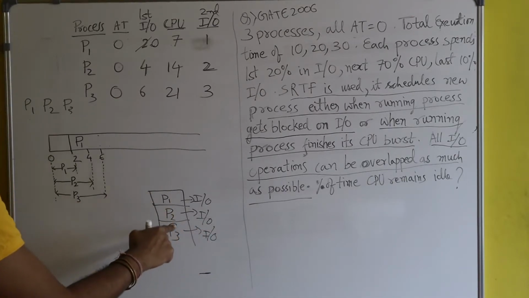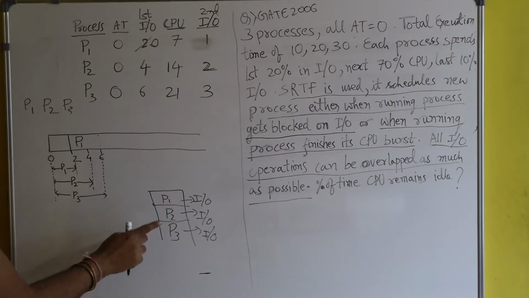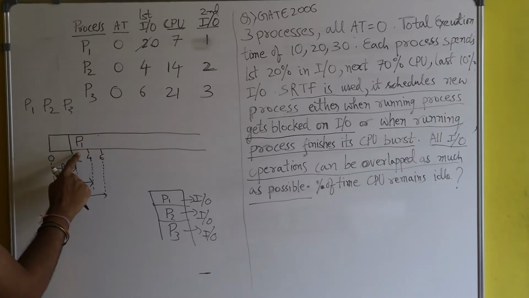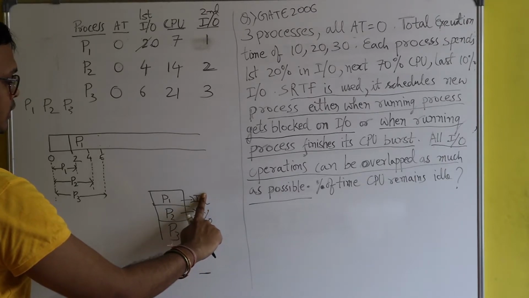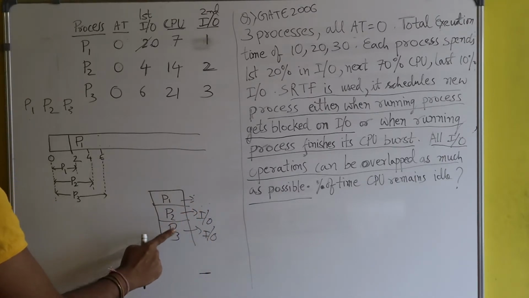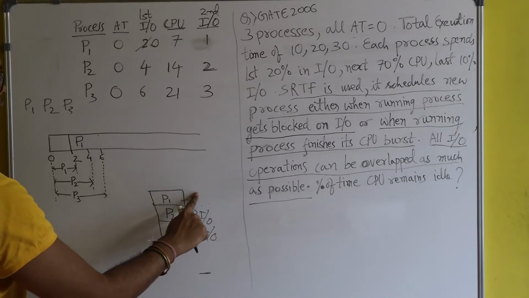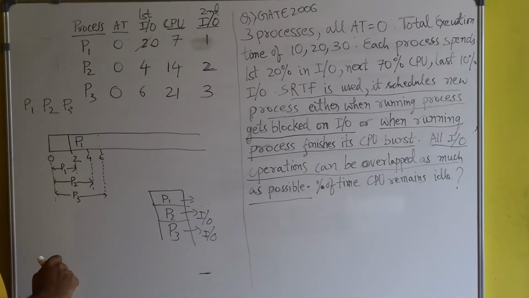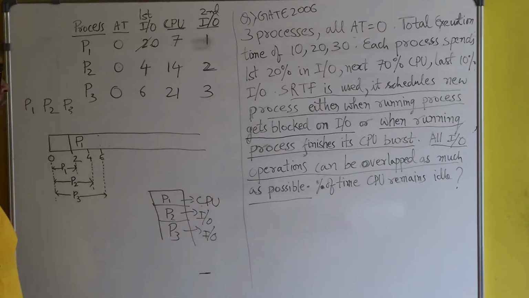So you see here, IO operations are being done parallelly. Process P1 has finished its IO first. If you compare all 3 processes, process P1 has finished its IO at 2 seconds. It means the IO operation of process P1 is over, while the IO operations of P2 and P3 are under execution. Now P1 is free, so at this point CPU can be given to P1.